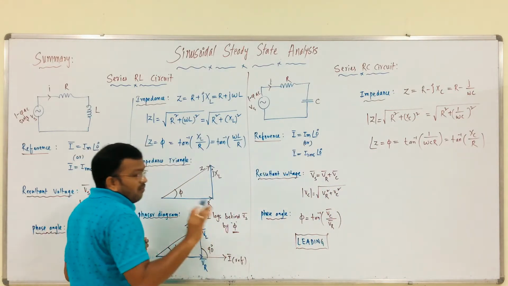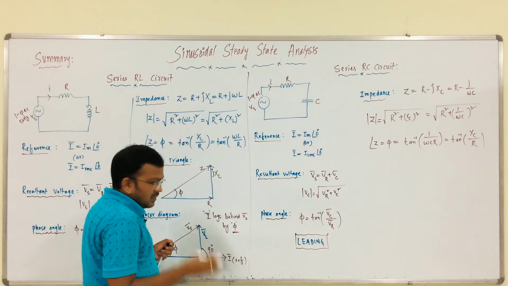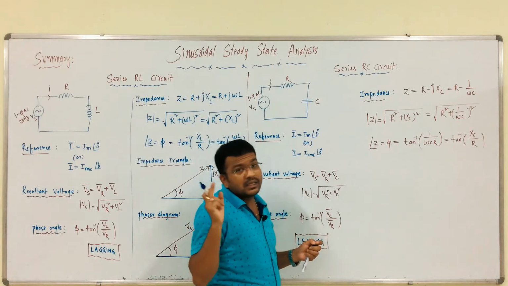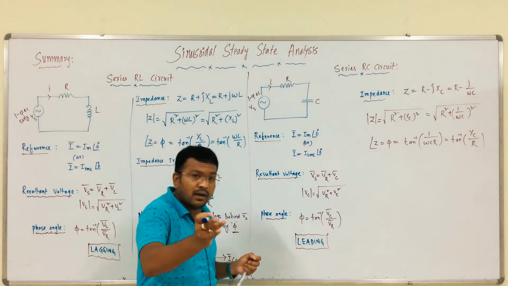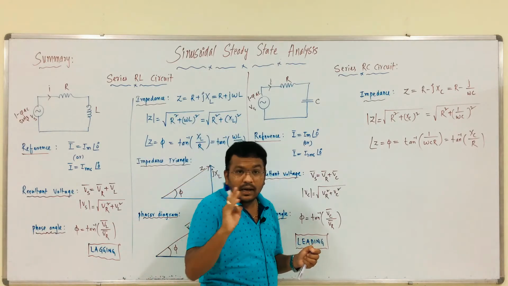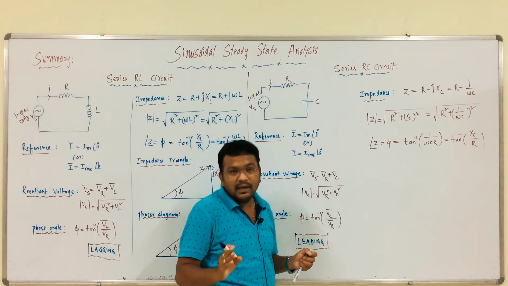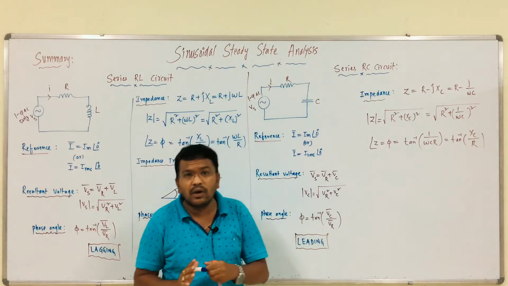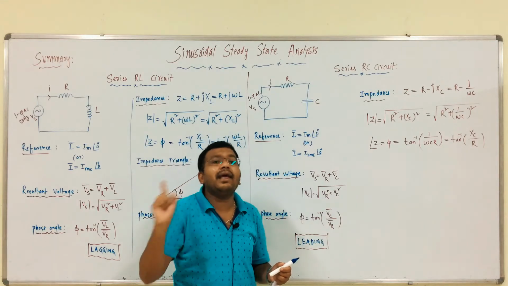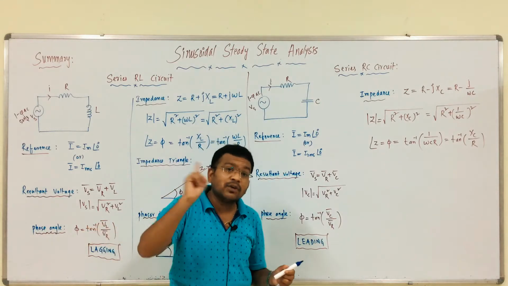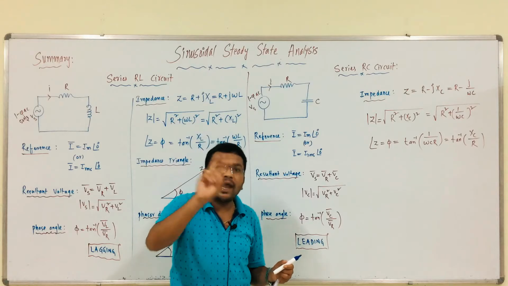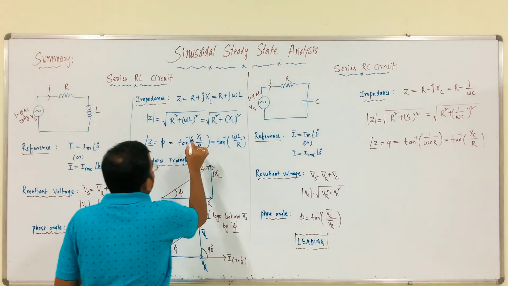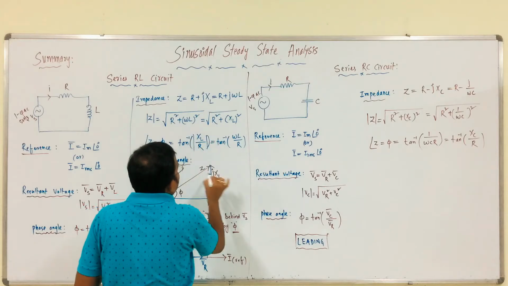So, in order to avoid confusion about plus or minus, simple, we got one point: in series or parallel RL circuit, current lags voltage by some angle. So, by default it is lagging. Lagging circuit means what? Addition of R and L, that is it. Leading circuit means what? R and C, whether it is series or parallel. So, to avoid confusion, you have to draw mod, it is better.